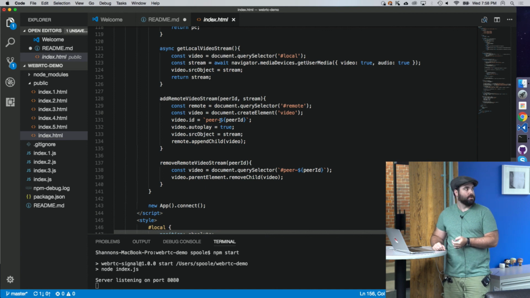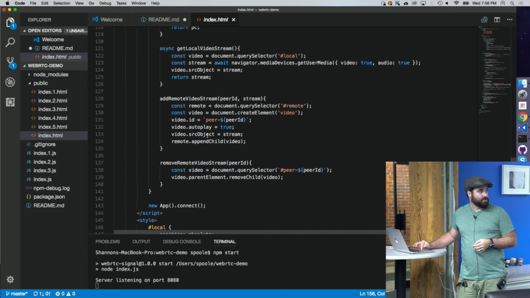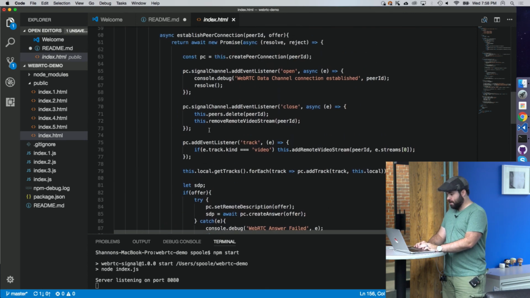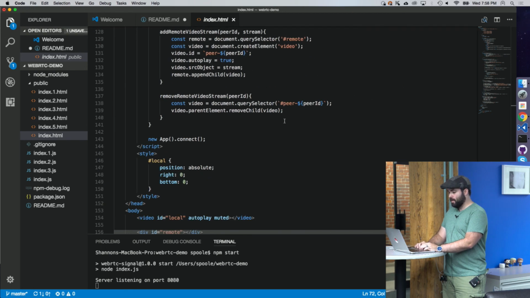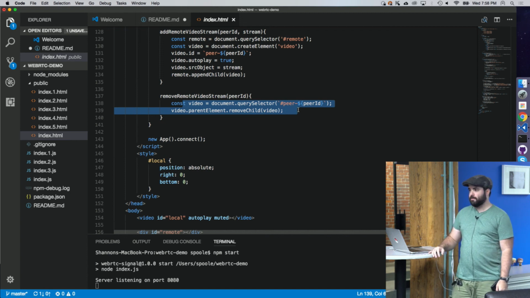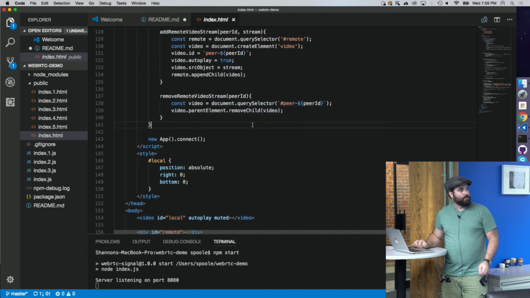It doesn't like that. So I just prefixed it with peer. Set it to autoplay, set the source object, and append the child. And then remove happens the same on close. I just remove that video stream, which just deletes the tag from its own parent. Right, so